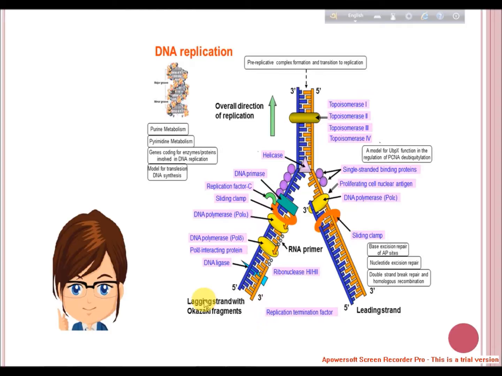The last step, the fourth step, is proofreading and correction. This step of DNA replication ensures accuracy of replication. After each new nucleotide is added to a new DNA strand, DNA polymerase can recognize whether or not hydrogen bonding is taking place between base pairs. Absence of hydrogen bonding indicates a mismatch. DNA polymerase excises the incorrect base and then adds the correct nucleotide. This double check increases accuracy to about 1 error per billion base pairs.